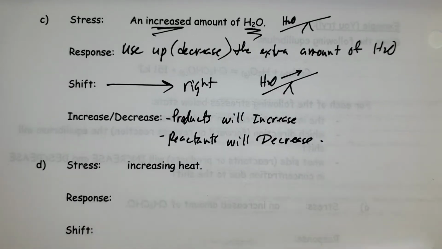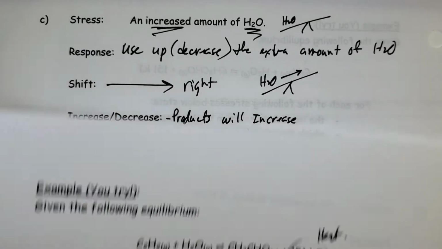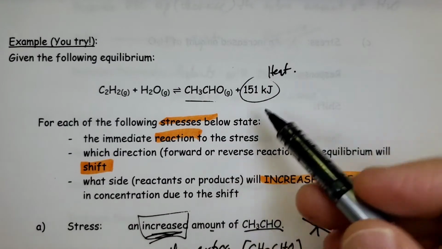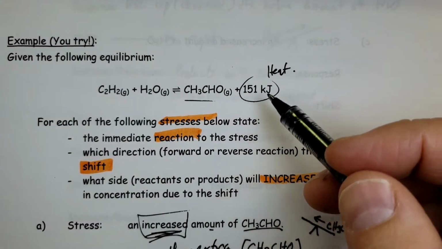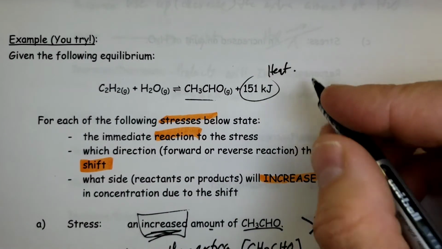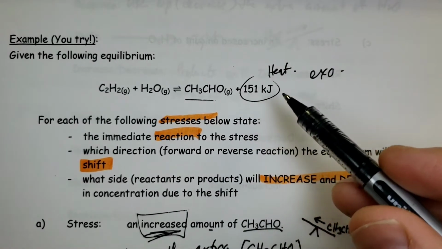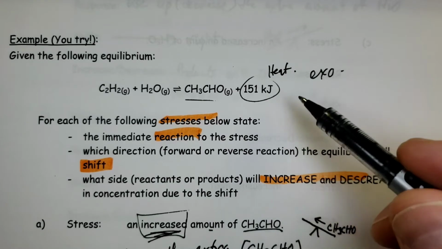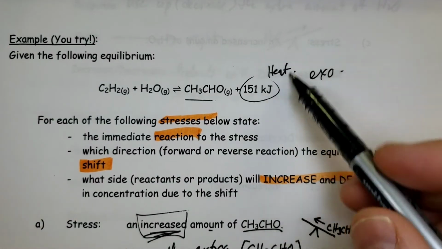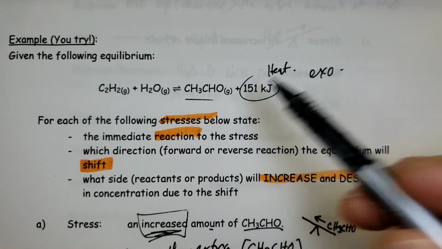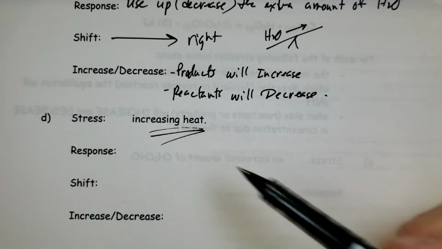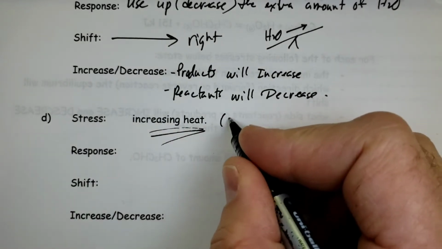Concentration. Let's look at heat now. Increasing heat. Let's take a look. Heat, the kilojoule term, the 151 kilojoule, there it is right there. So you can see this is an exothermic reaction. Energy is on the right-hand side, meaning that it's produced, released. So again, think of this as an item. Think of it as a product. If I'm increasing heat,